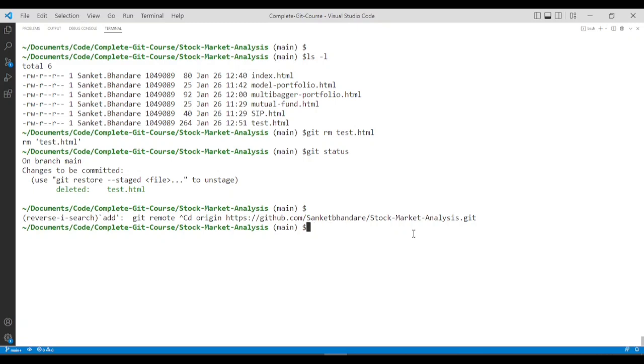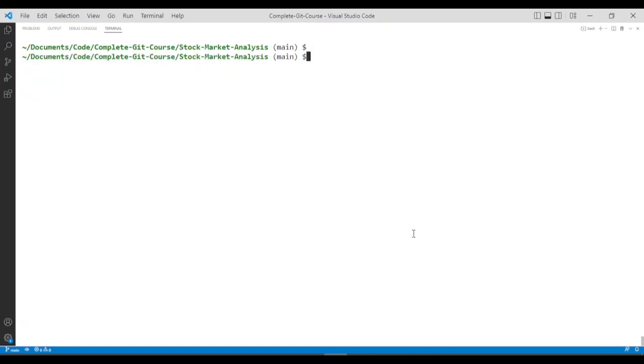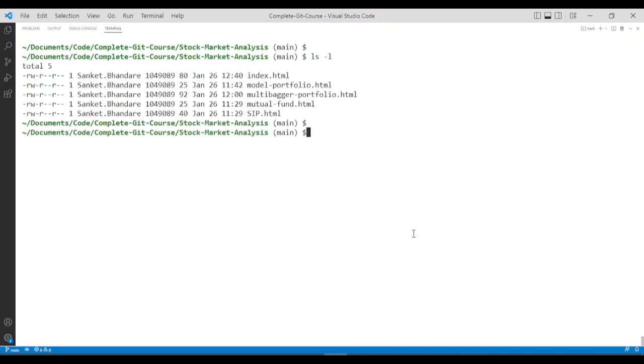let me commit these changes. So git commit -am, and the message: final releasing version 1.1 of stock market analysis application. Okay, so if we check the git status now, the working tree is clean, we have all files which are required,